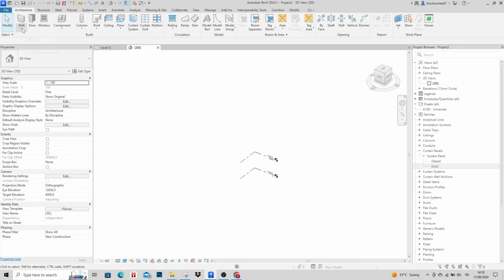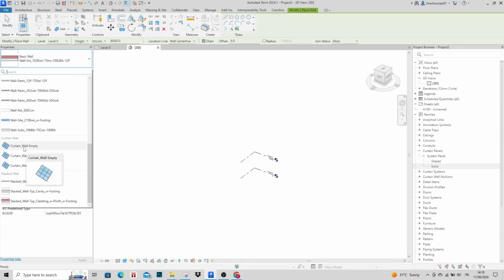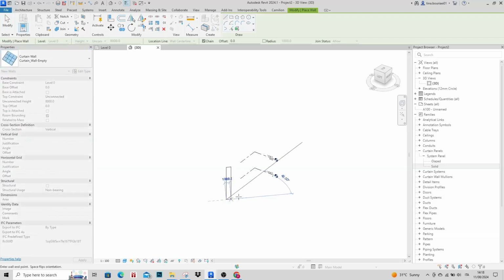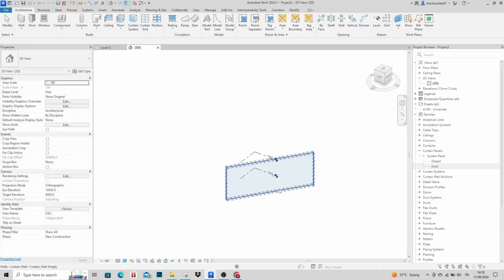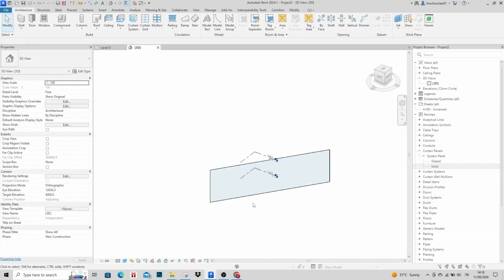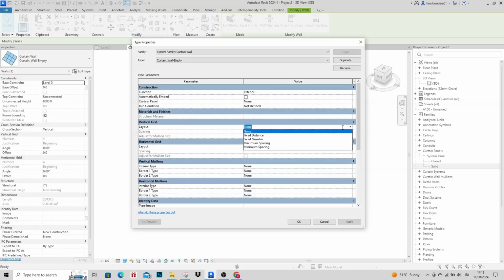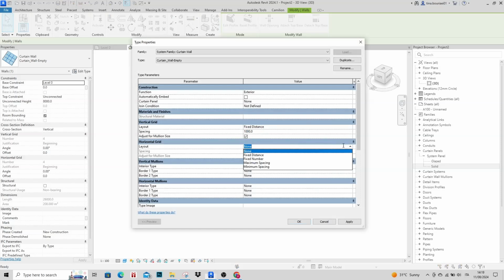Okay, let's create a curtain wall. I'm going with curtain wall empty so that we can apply our grid on it. Let's make it like 26 meters, and let's apply our grid. The vertical one, I'm going with a fixed distance of 1 meter, and the horizontal one the same fixed distance but 2 meters. All right,